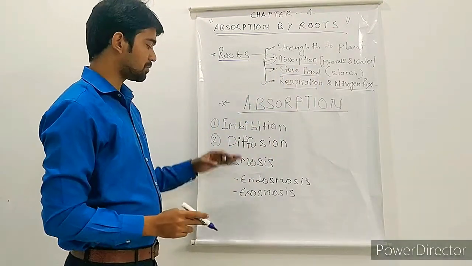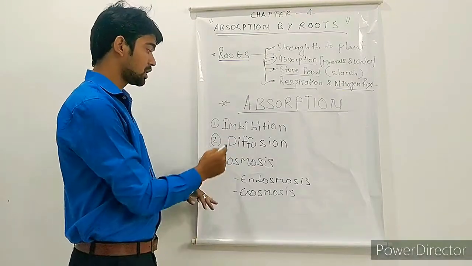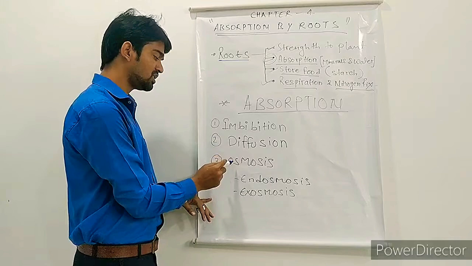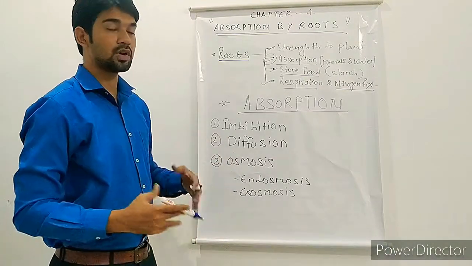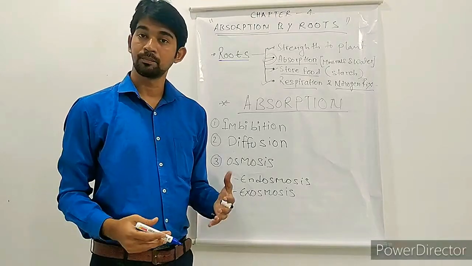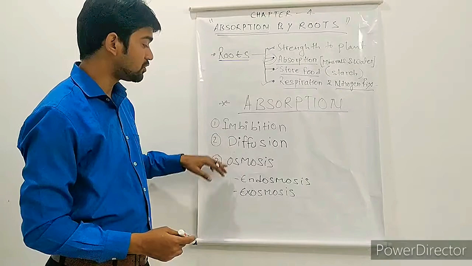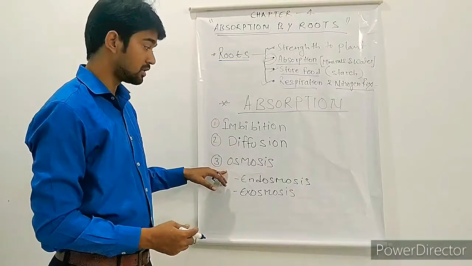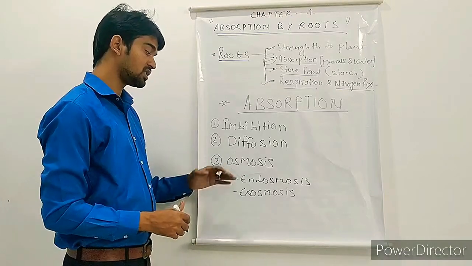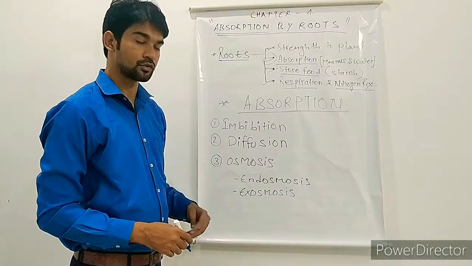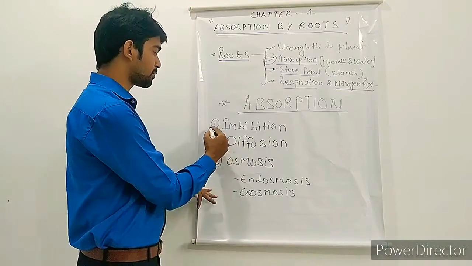Absorption takes place by these 3 methods, which is in your book: imbibition, diffusion, osmosis. And these 3 methods we are going to study furthermore, that how imbibition, diffusion and osmosis takes place. In osmosis there are 2 types of osmosis, which is endosmosis and exosmosis. And coming down to the first point,